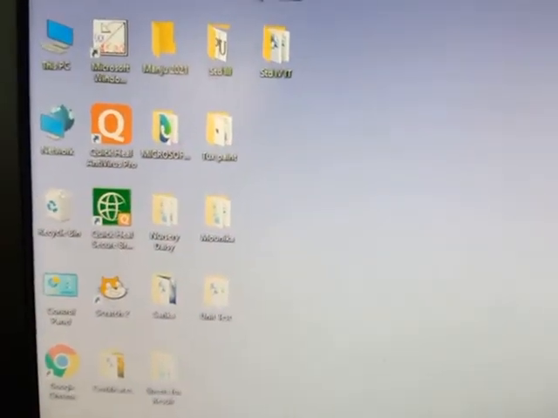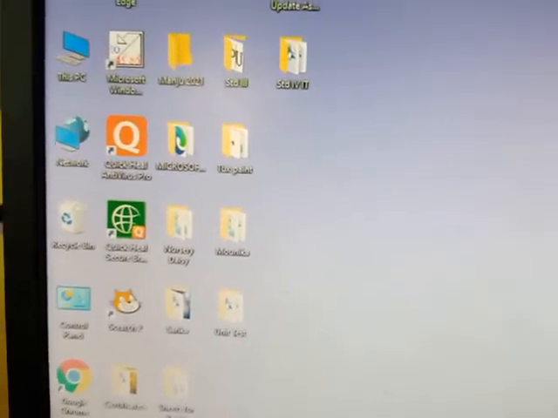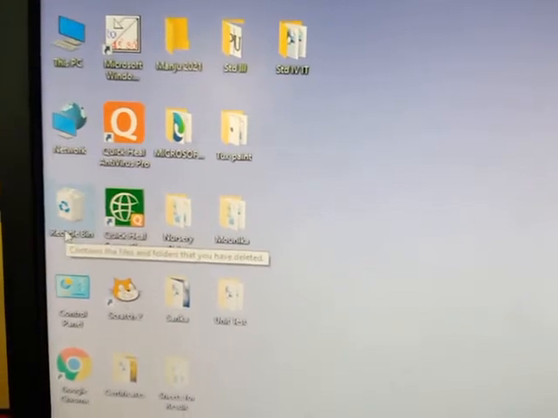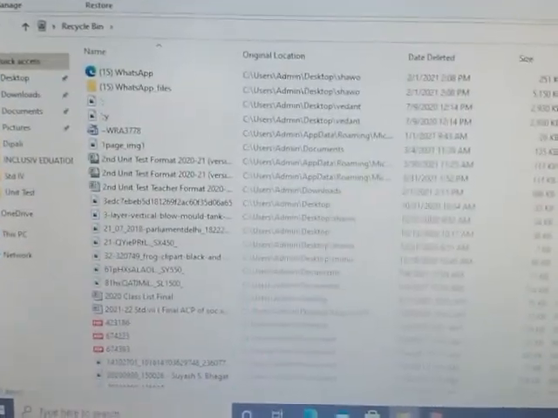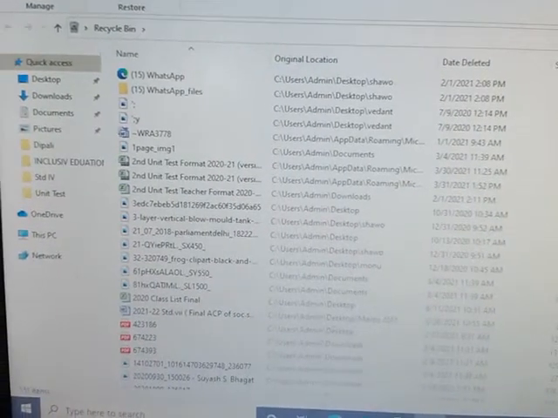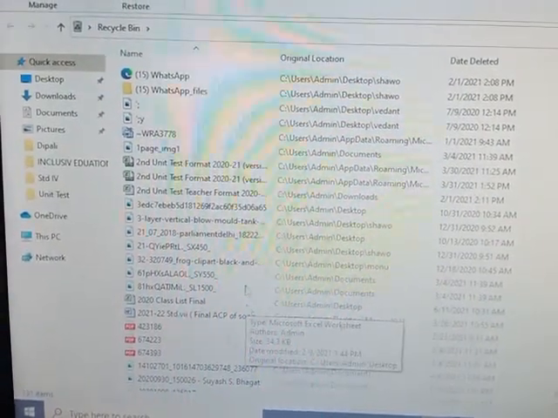After deleting the folder, again you thought that folder is very important, I want it back, so go to recycle bin. That time you have to go to recycle bin, give double click, then it will be opened, and in the recycle bin the files and folders whichever are deleted will be stored. Okay, and these are arranged in alphabetical order.